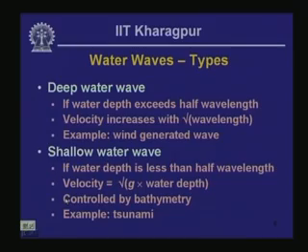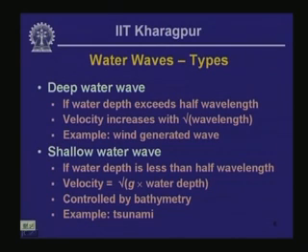Okay. Now, what are the types of water wave? The way the water waves are classified is by the water depth in comparison with the wavelength of the water wave. So, if the water depth exceeds half wavelength, then the water wave is called a deep water wave, and